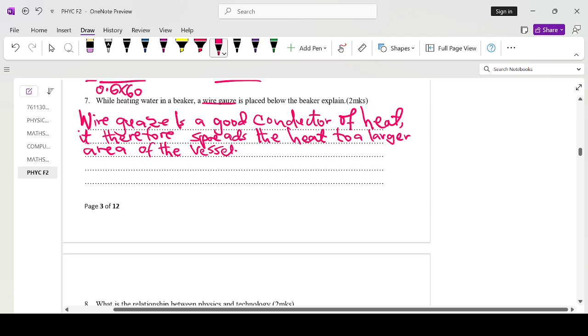Without the gauge. Without the wire gauge,